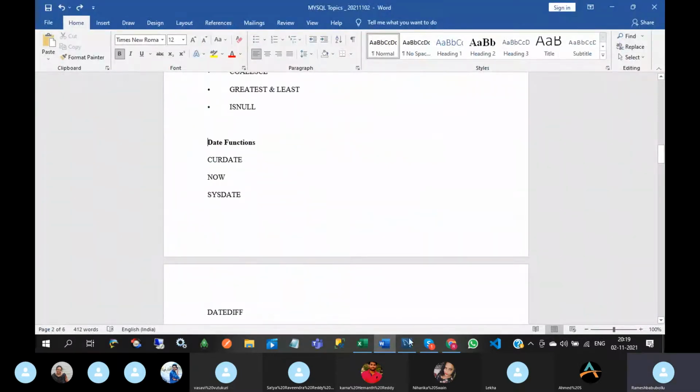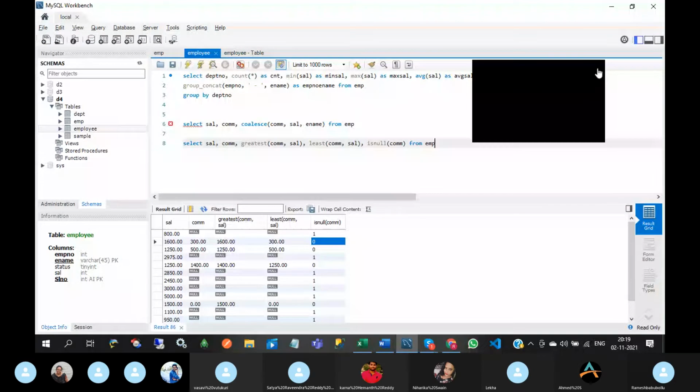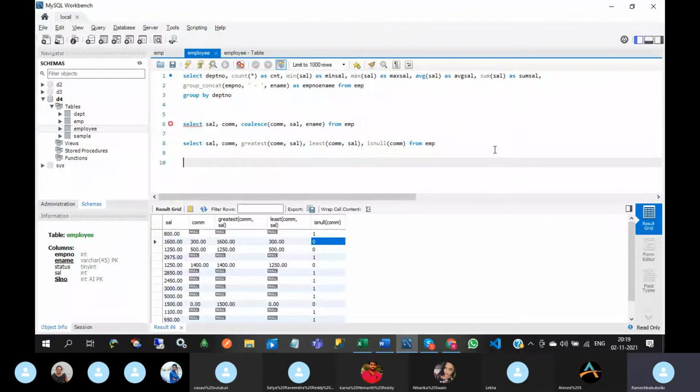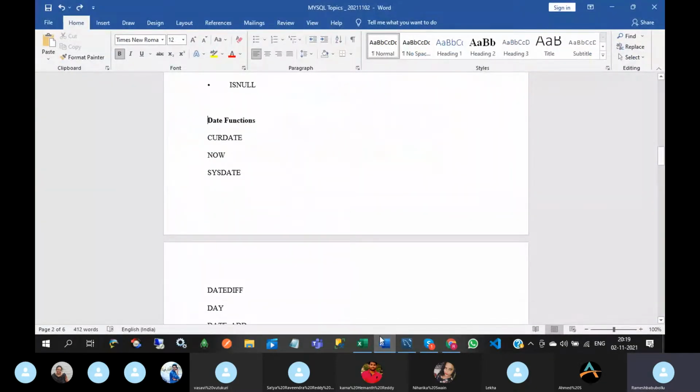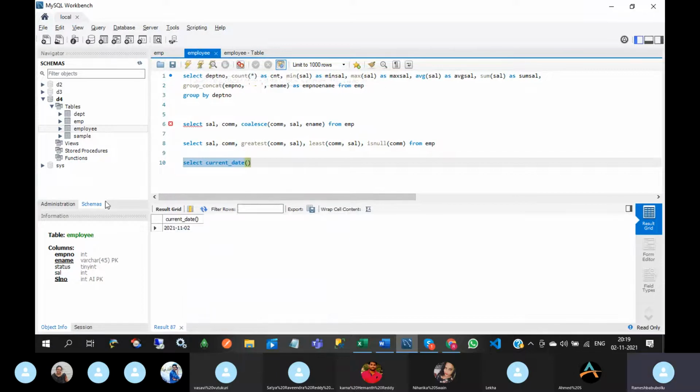One is date functions. Select current date. So it will display the current date, the present date.